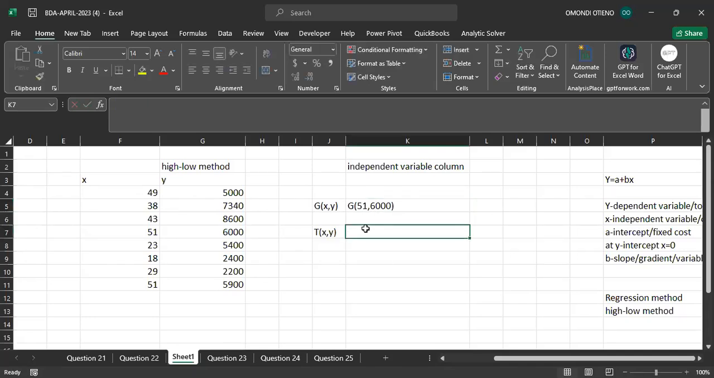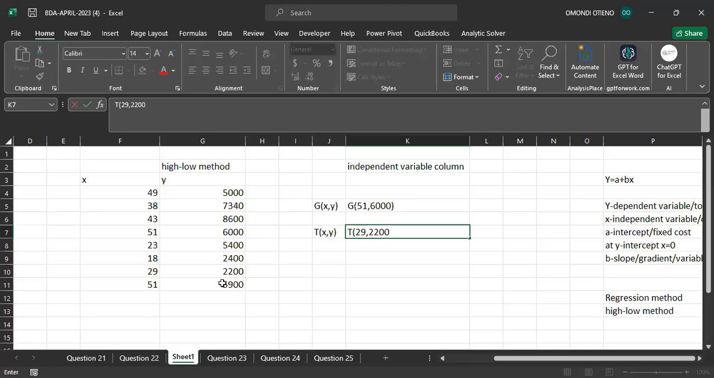How about the lowest values pair? I'll still come to column X and look for the lowest value. My lowest value here, as you can see, is 18, corresponding to 2,400. But if you're keen enough, you'll see the lowest value in column Y is not 2,400. It is 2,200. So imagine somebody in this meeting taking 29, 2,200 to be the lowest values pair because